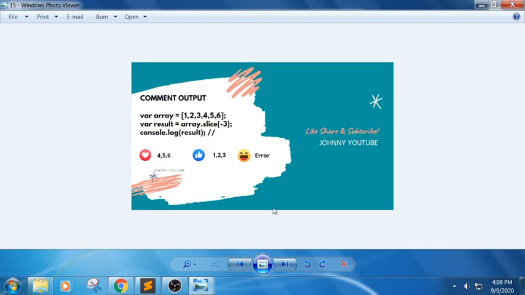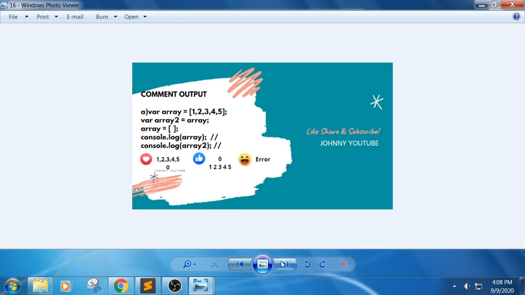The answer for this snippet, slice will take 2 arguments. Here we have only 1 argument. It will slice from the negative index, from the backwards. If I have a positive value, it will start from the first value. So the answer for this snippet would be -1 for 6, -2 for 5, -3 for 4. The answer is 4 5 6.